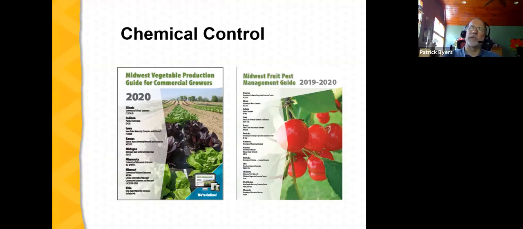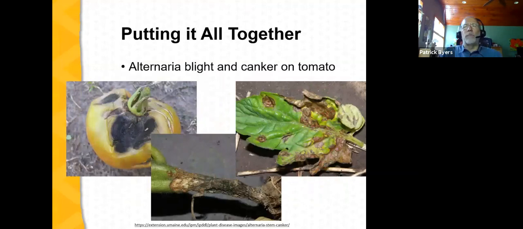And they're more than just lists of pesticides. They include information on selecting adapted cultivars, information on phenology and disease appearance, and then information on some specialized topics like fruit thinning and weed control. Now, we've talked about the top 8 strategies that farmers have shared over the years as being effective in managing diseases. Let's put it all together with a particular case study.